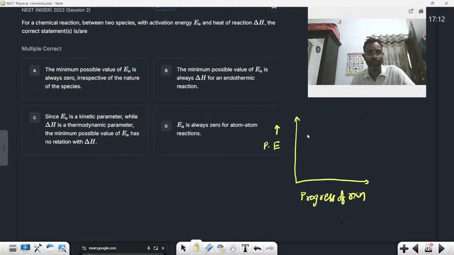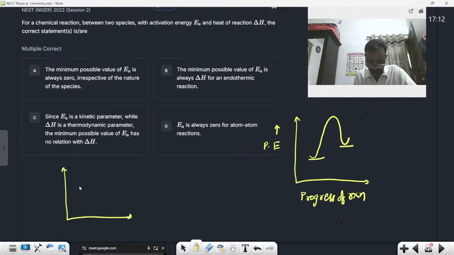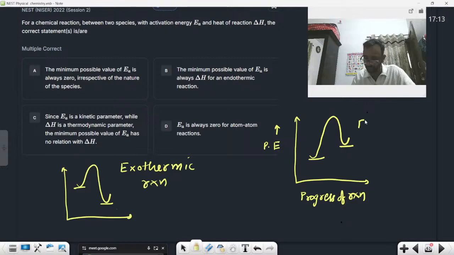it is either like this or like this. This one is for an exothermic reaction, and this one is for an endothermic reaction. Okay, now